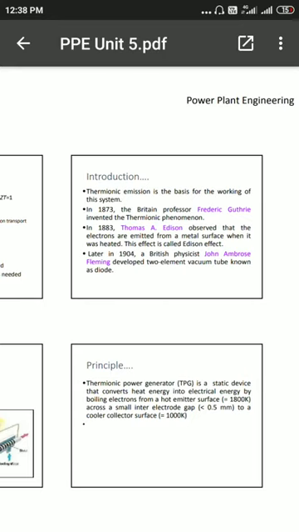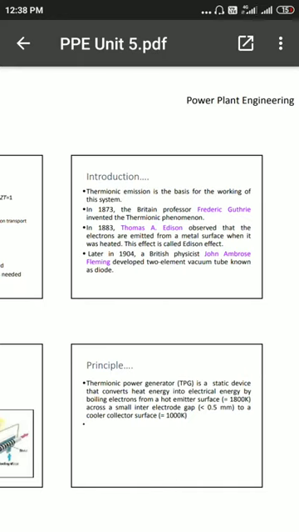As we see in other power generation, we have to use a generator to convert a particular energy into electrical energy. Here we are directly utilizing the solar energy to convert it to electrical energy. So this is a type of direct energy conversion system, that is a thermionic generator.